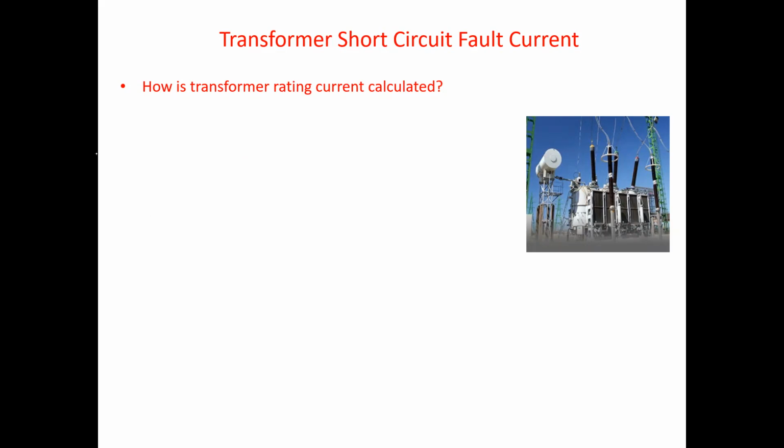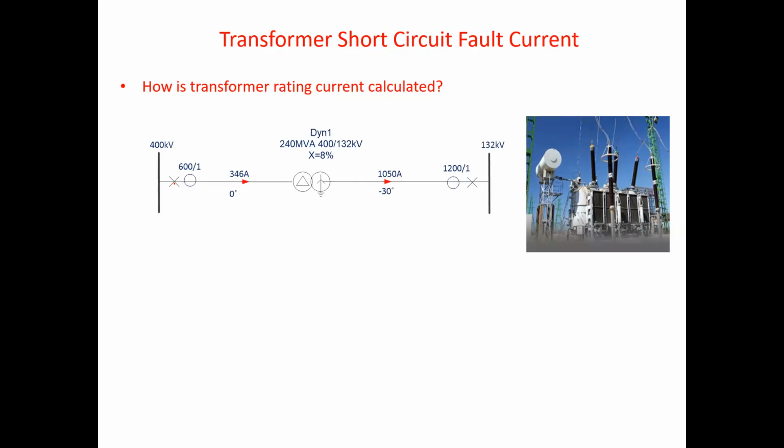Okay, let's have a look at how transformer short circuit current is calculated. Before that, we should be able to calculate the rated current of the transformer. For example, if we take a 400 kV transformer stepping down to 132 kV. The first thing we need to know is how to calculate the primary current and secondary